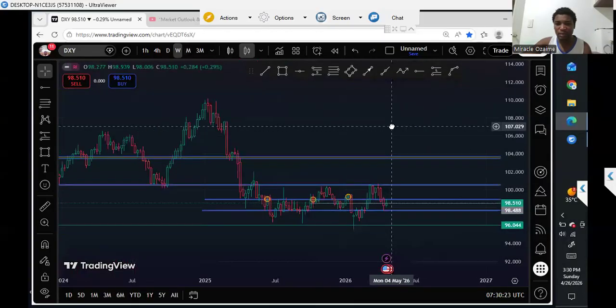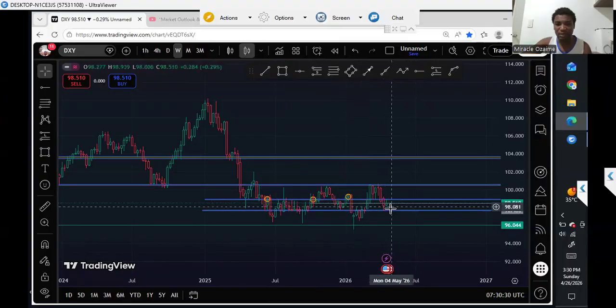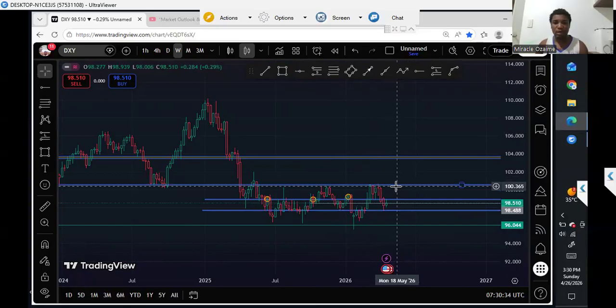So presently we are looking at this like a head, a left shoulder, and a right shoulder. Then this is looking like a shoulder for continuation to the upside, which is possible. However,